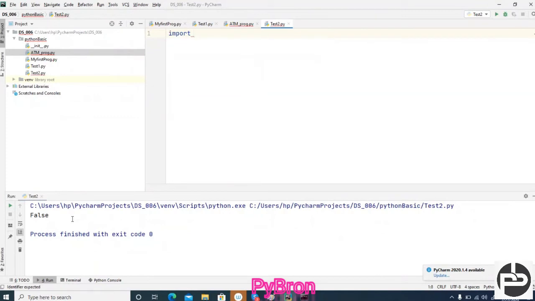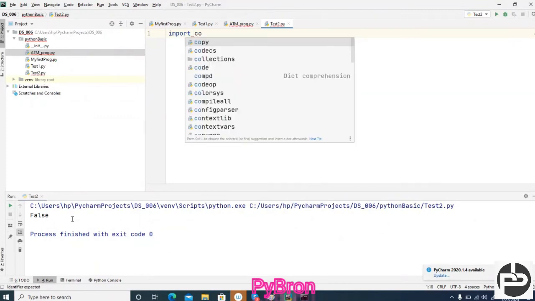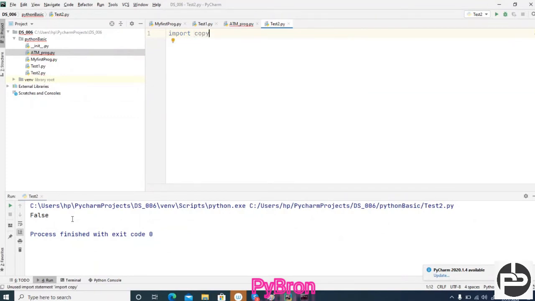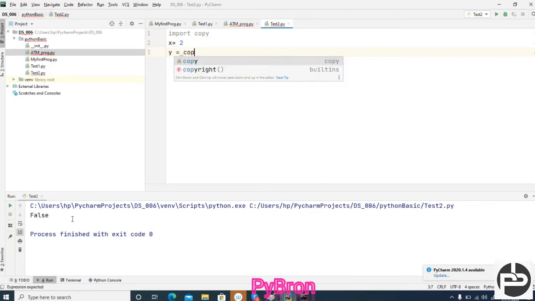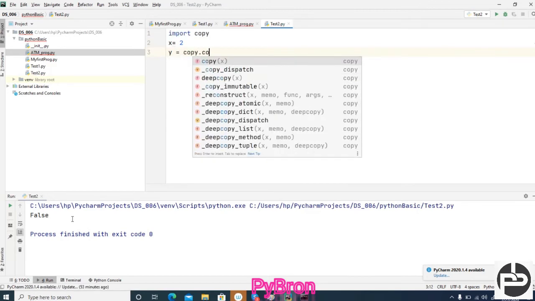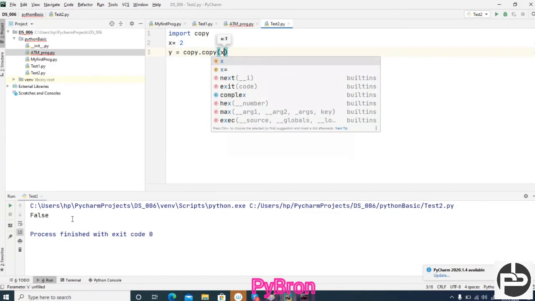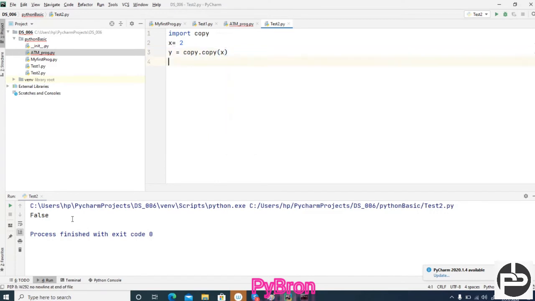Import copy. I am just writing x is equal to 2. And I'm going to write y is equal to copy.copy, and here I'm passing x. Let's see what the id is.